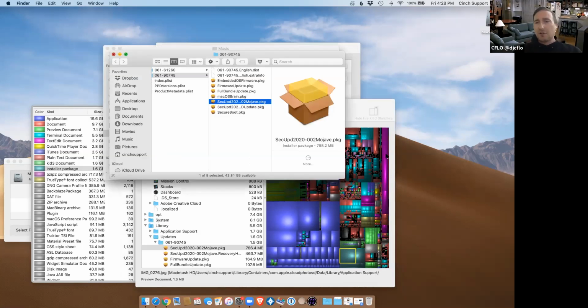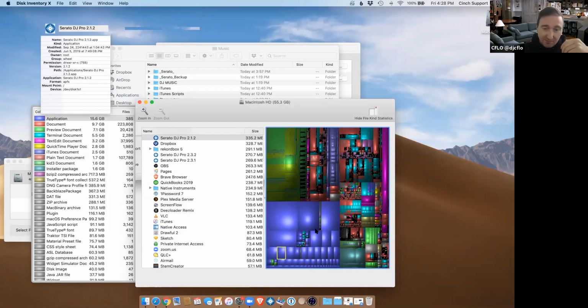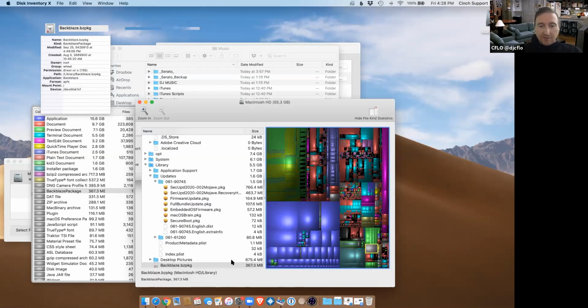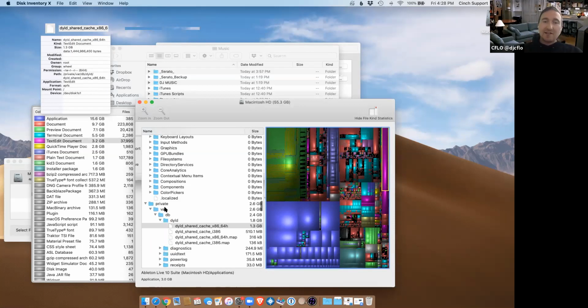It will show you large movie files, whatever it is. You can see these different, it says applications. So maybe you want to throw away PowerPoint, but keep Word and Excel. Maybe you want to throw away iMovie, you never use it. Here I can say, oh, this is an installer package. What is this? If you don't recognize it, and it's in these private files, this is part of the computer, you don't want to delete it.